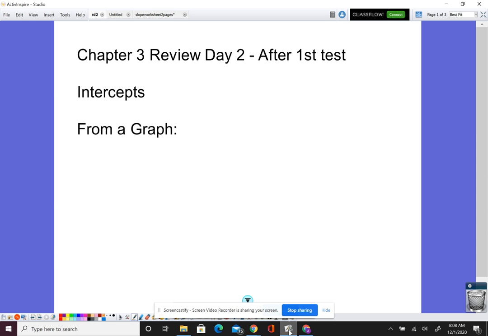Okay, so for today, we're going to be looking at intercepts, both the x and the y intercept, and also the equation y equals mx plus b. Some more work on that equation. So if you're given a graph,